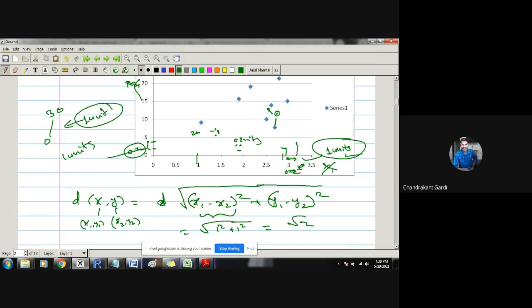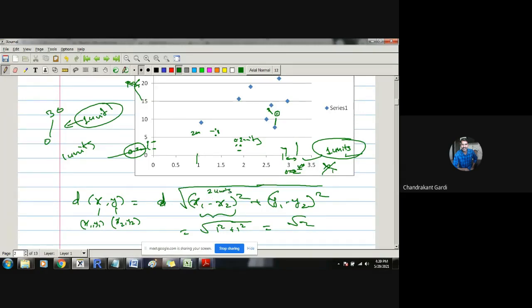So even if two observations are very near to each other in x1 space, because they are different in x2 space, and the range of x2 is quite large, even a slight distance between the two observations on x2 or y space is going to cause a larger distance. The overall distance between x and y will be large because of this large difference in y1 minus y2. Even if two observations are quite far from each other in x space, they can be at most 2 units away, because that is the range of the data in x space.